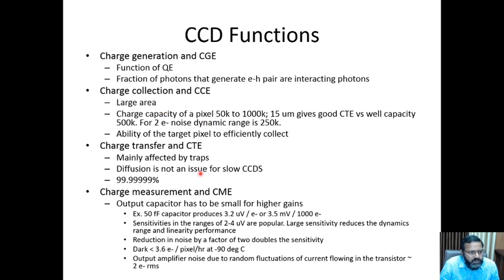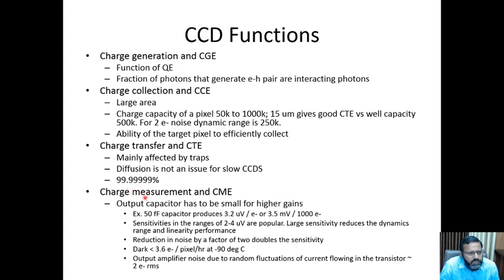And there is a charge transfer process where the pixels are shifted out, and it is associated with the charge transfer efficiency. So the CCDs need to have a large efficiency. Nowadays the CCDs have 99.99999% efficiency. So in a 16 by 16 pixel camera, the last pixel will suffer about 1.6 electrons lost due to charge transfer. So it's a very good figure.